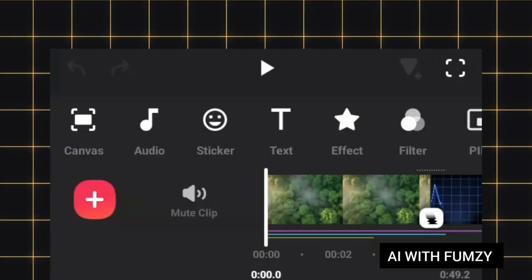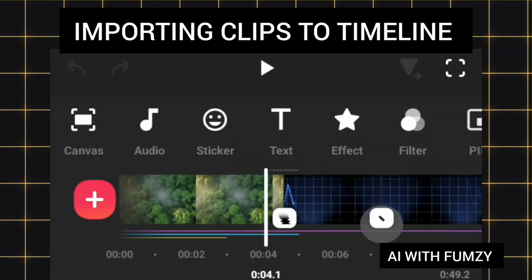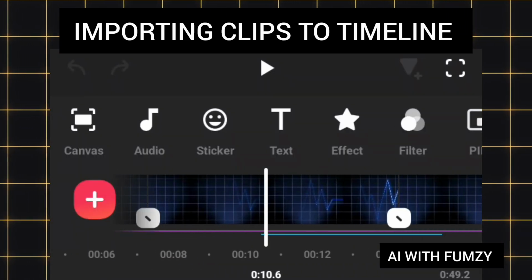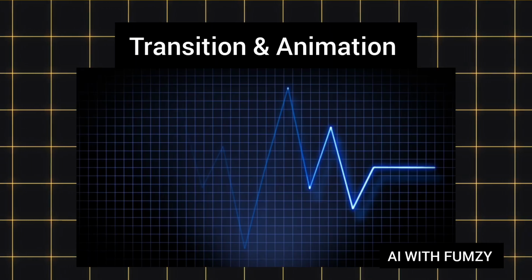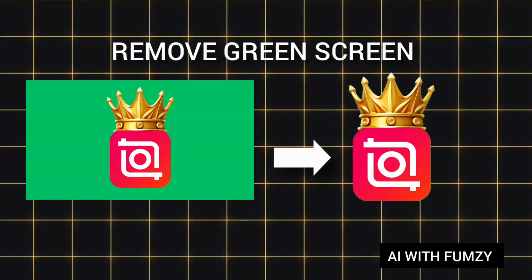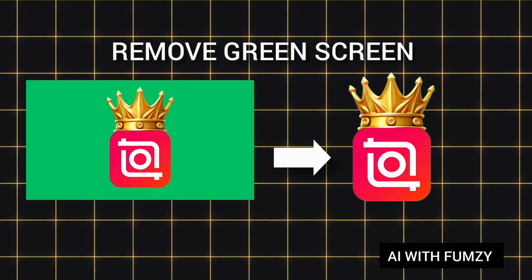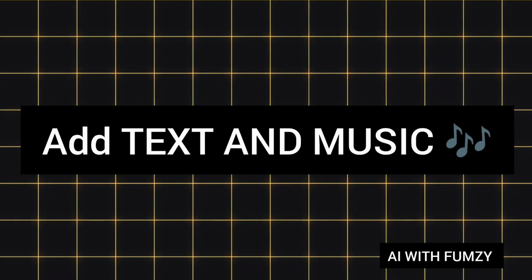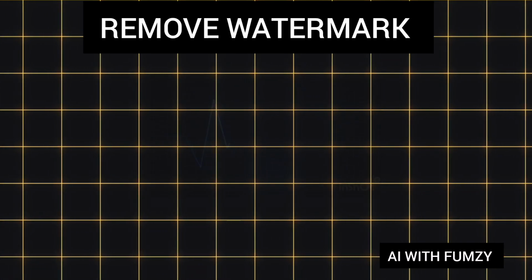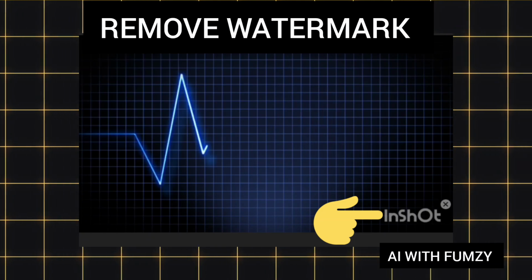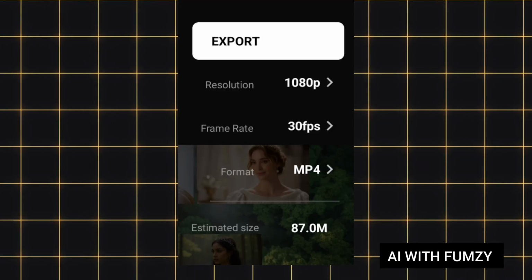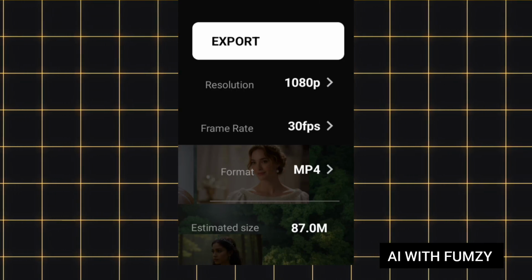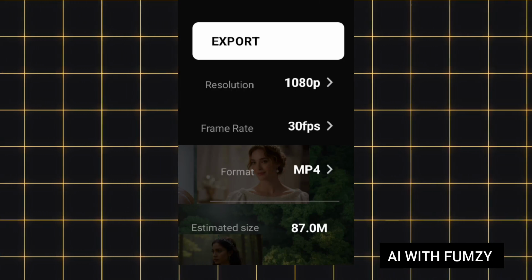InShot. I will walk you through how to import a video or a picture in your timeline to split and trim your clips, add smooth transitions, remove green screen backgrounds, add text and music, and even how to remove the InShot watermark without stress. And of course, I will show you how to export your videos in HD and 4K